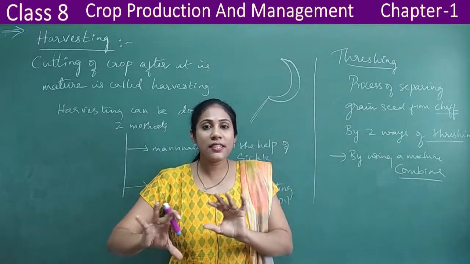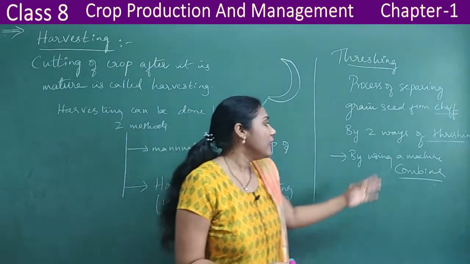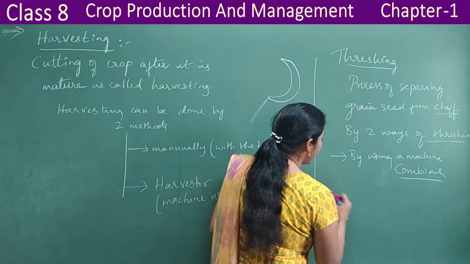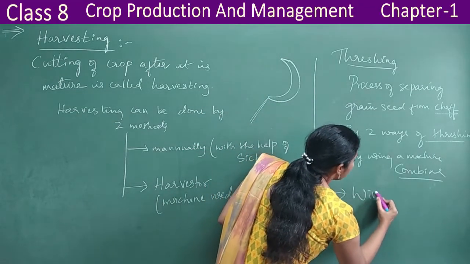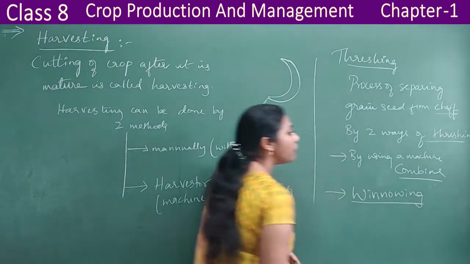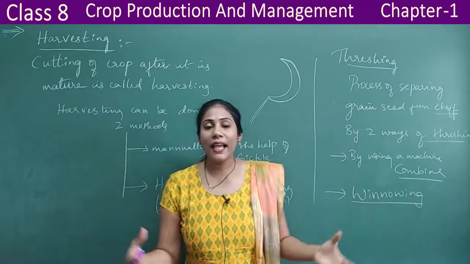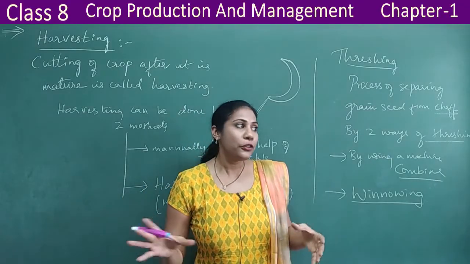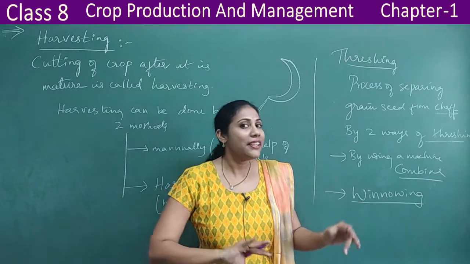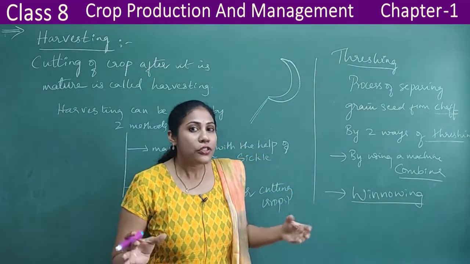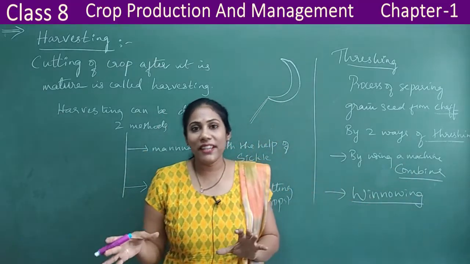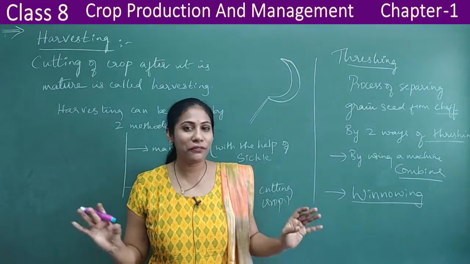Okay, so two processes can be done with a single machine. That machine is a combine. And the second one is winnowing. We will do something called winnowing. You must have observed this in village areas, right? When people have very little land, they can't go for a machine because it's too expensive. Instead of that, they will go for a process called winnowing. So let us observe winnowing as well as the combine way of harvesting with the help of a beautiful visual.